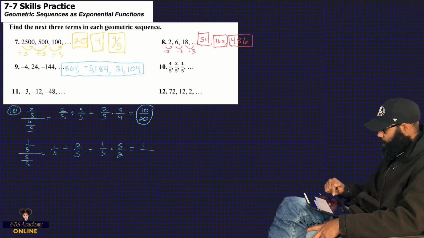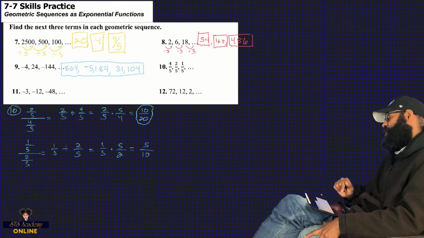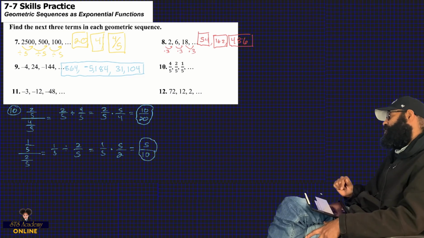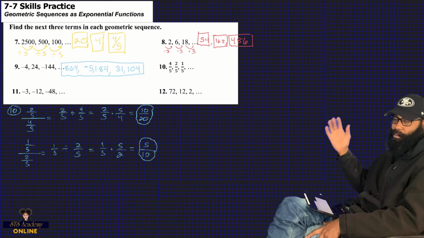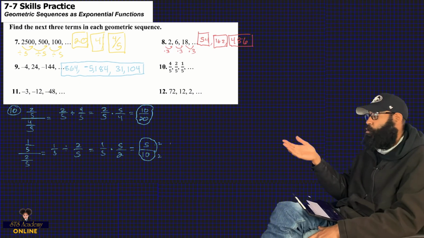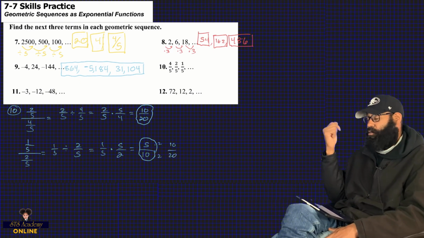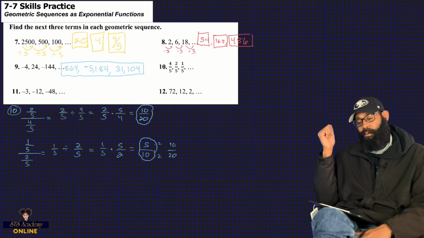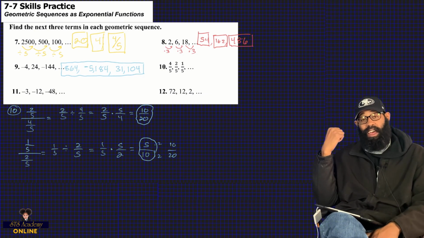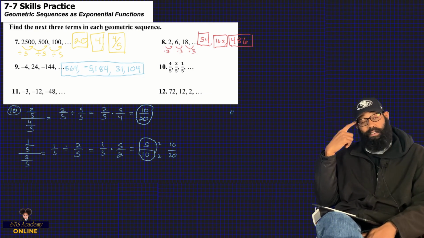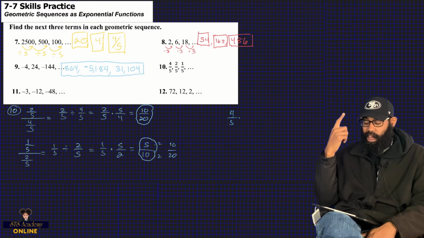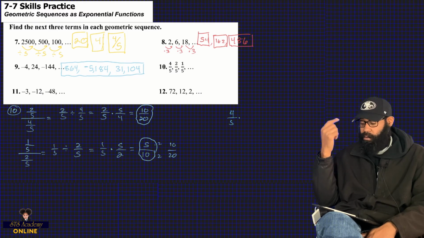I don't know why I think that 1 times 5 was 10. I knew the bottom was 10, but there we go, guys. So, are those the same? Yes, they are. If I multiply the numerator by 2, I get 10, which you see me doing. If I multiply the denominator by 2, I get 20. So, an equivalent fraction, I apologize. Now that I know 4/5